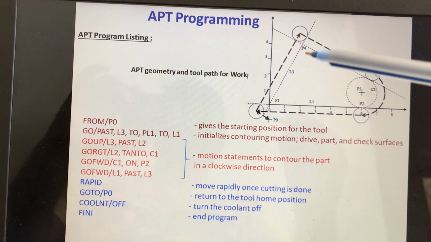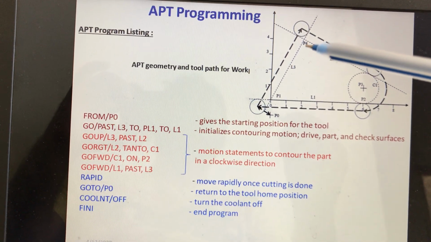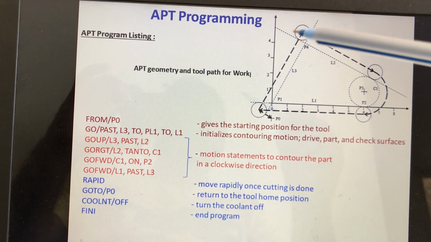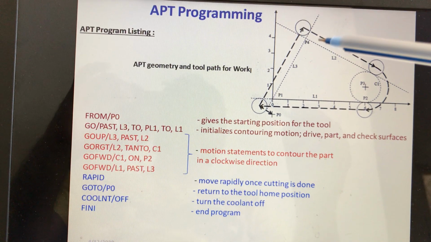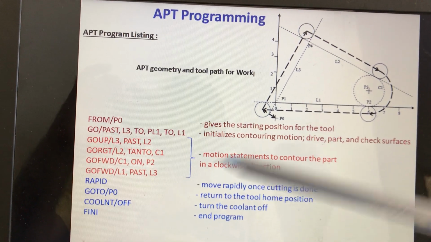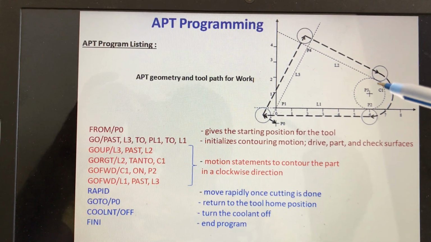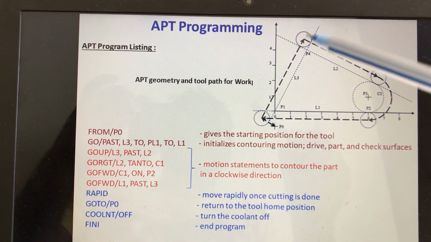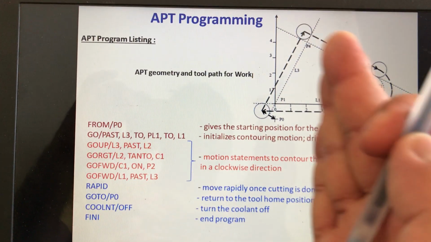You see, it is past. This is L2. L2 is from P1 to P4. So you see the broken line. The tool is crossing and stopping here. That is called past L2, meaning it is ready with the L2 line. Then again go to the right direction. Go right. It has come go up past L2, then it should go right, to the right direction.